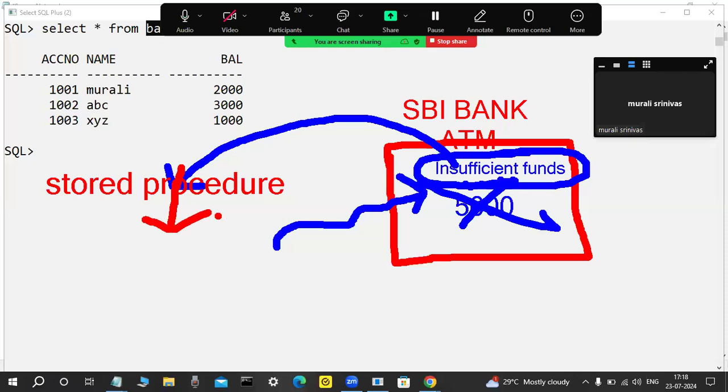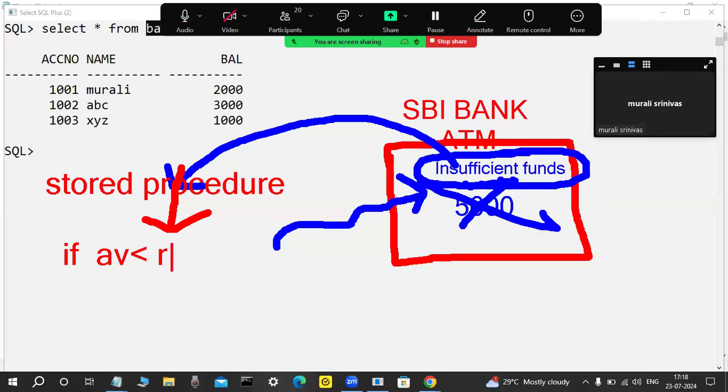Whenever we insert the ATM card, the card number is read and the account number is read. Through that, you write a select into clause to retrieve that account number's record details, and then you write the code: if the available balance is less than the requested amount,